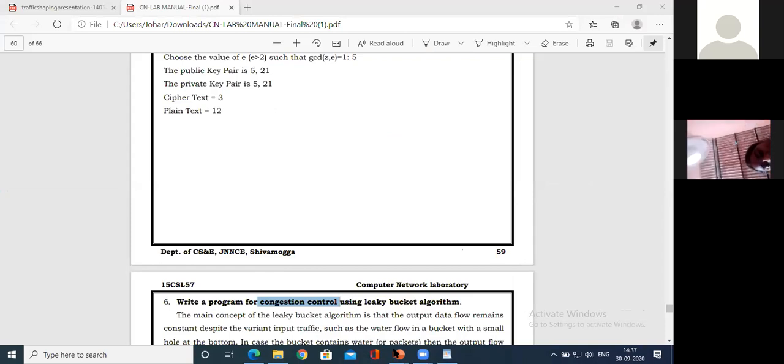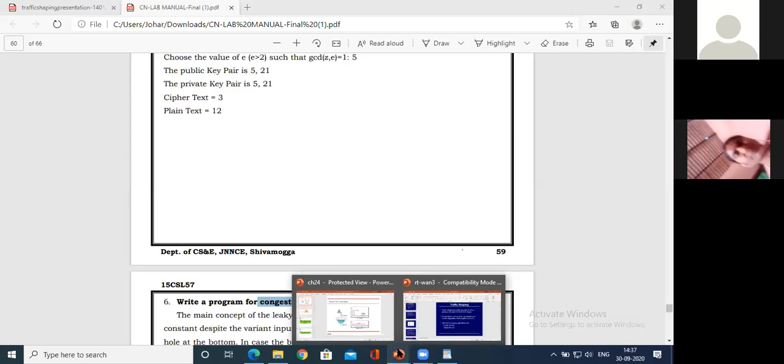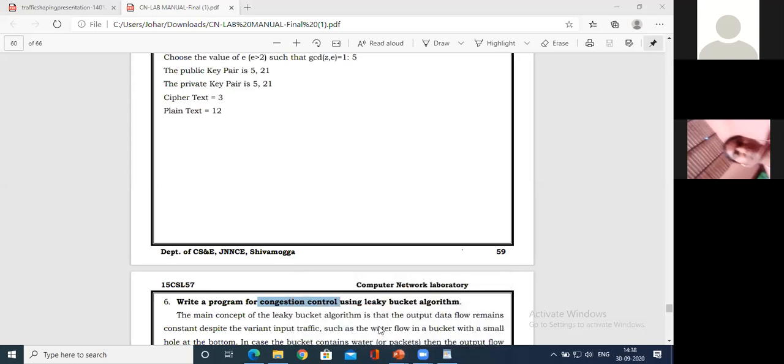You people have heard about the terminologies of a network. What is congestion? Usually in other terms, I would say it is traffic. So how do we control the number of packets that are entering into the host whenever there is huge traffic or huge congestion?